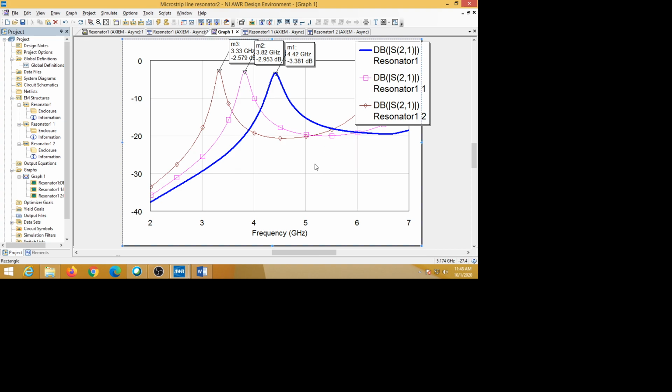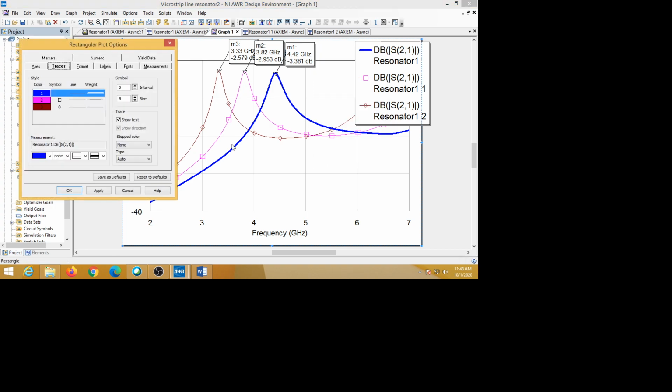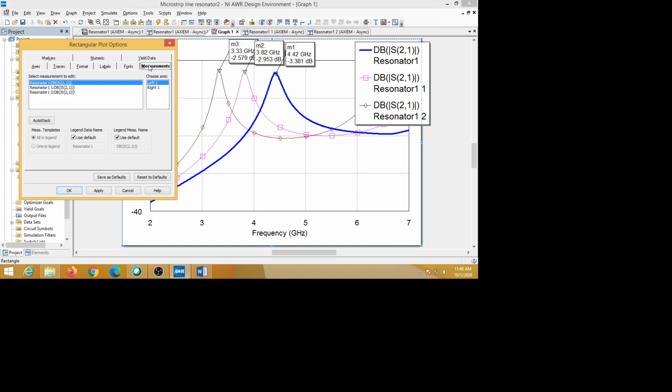For that, what we have to do is go to options here, and as I said, go to measurements. There all the three are there: resonator 1, resonator 1 1, resonator 1 2. So here resonator 1, as we already know, is epsilon r equal to 2.2. So do one thing, change this; do not put anything here, because resonator 1 is not needed.